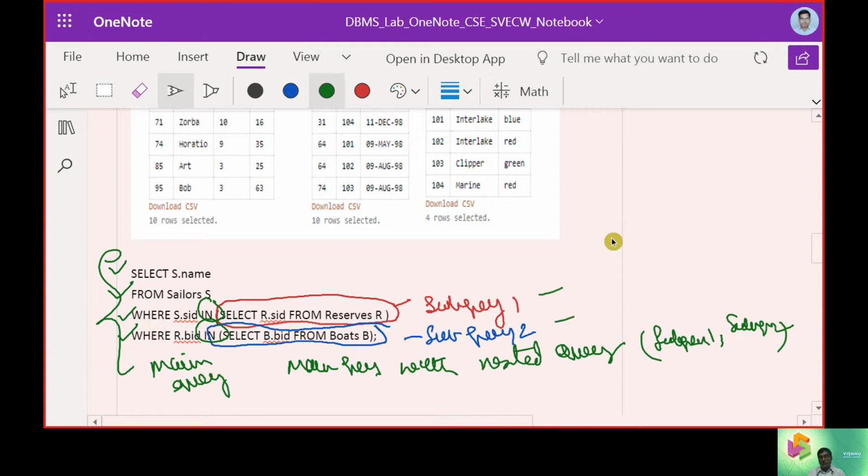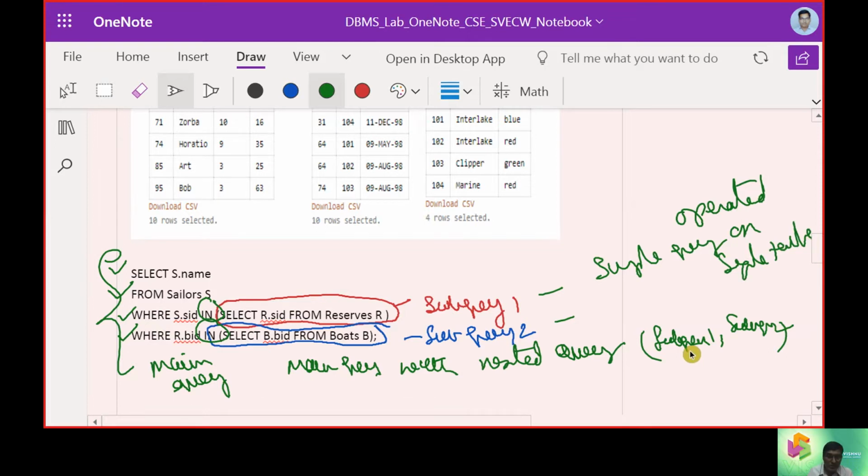Subquery 1 and subquery 2 are simple queries, operated on a single table.